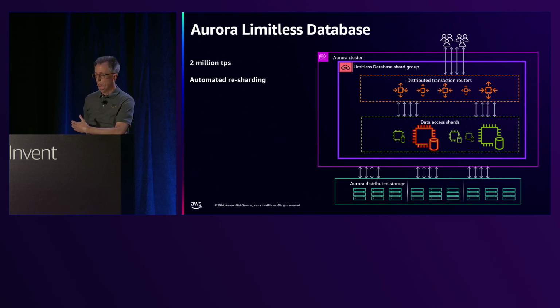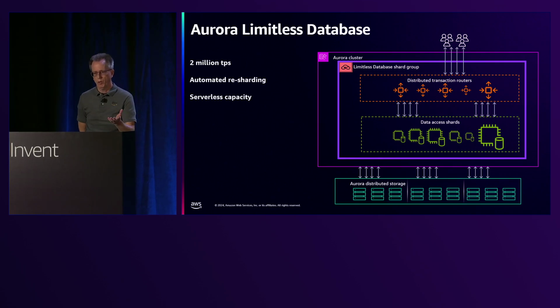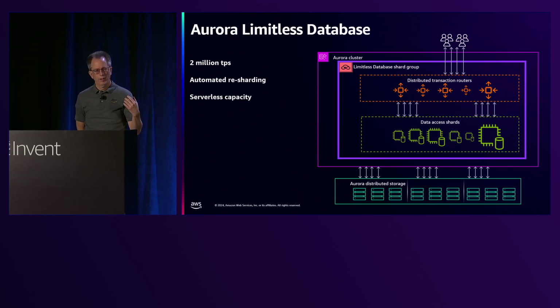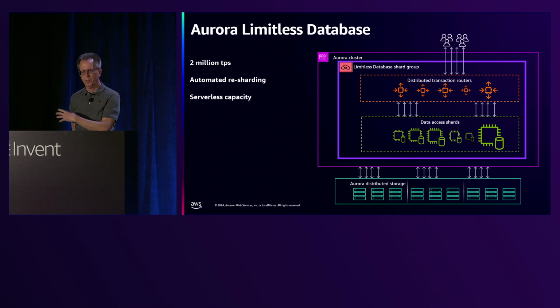If you get a hot shard, we can do automatic resharding for you, or you can decide when you want to do that split. We use the serverless capacity that we have in our limit list for all these data shards and the routers. So as the heat moves up and down in the day, we don't have to reshard just because we grow up or down like 30 or 40%, because we can scale up to, like I said,